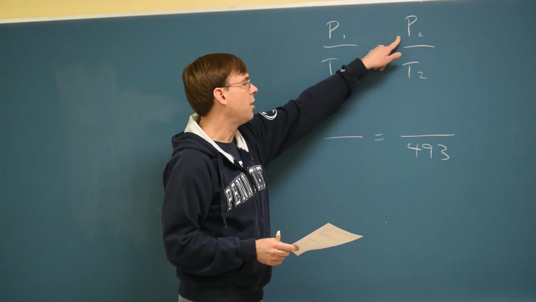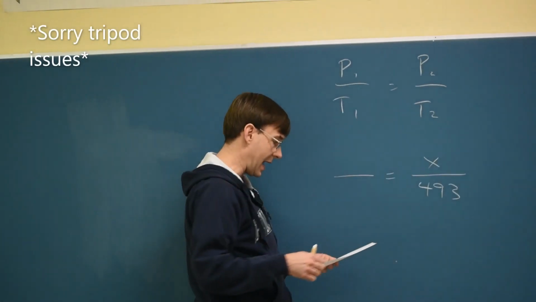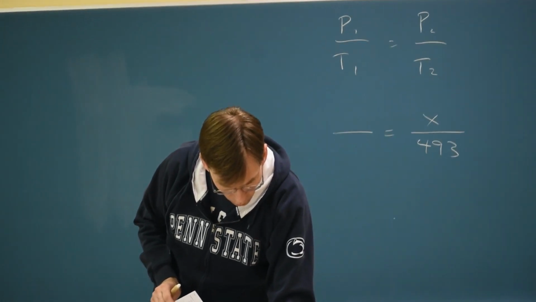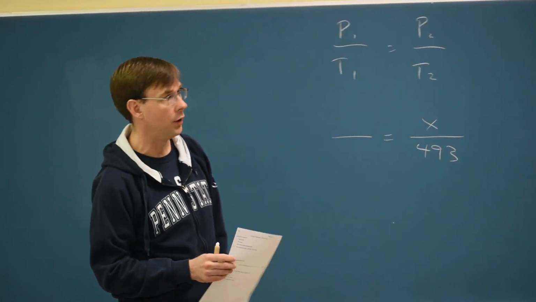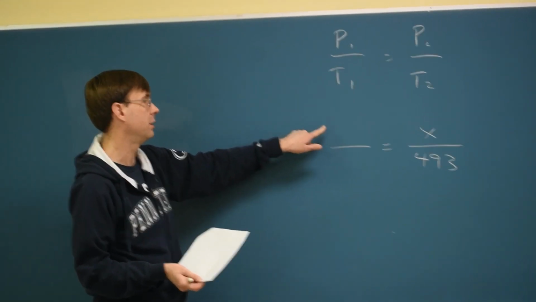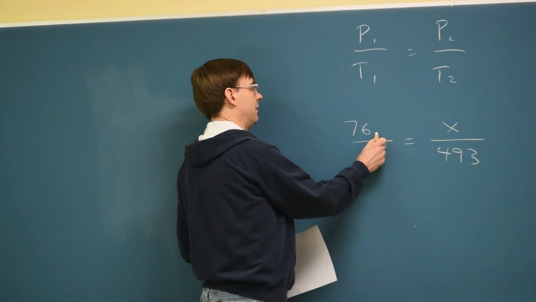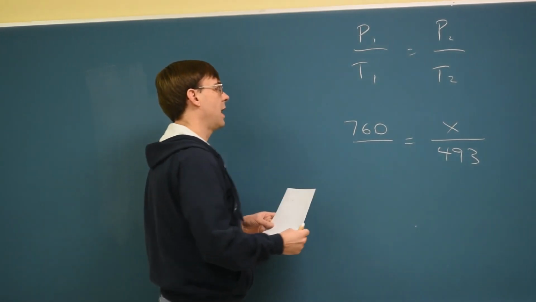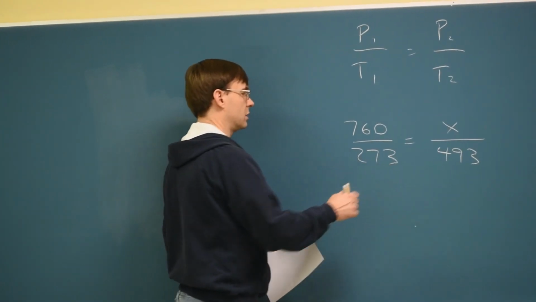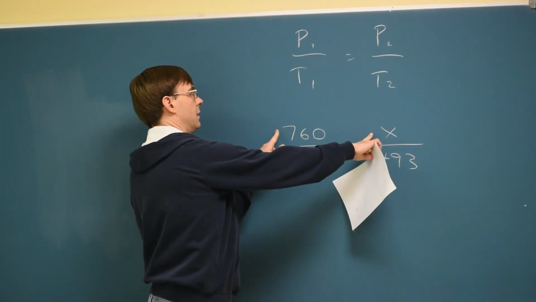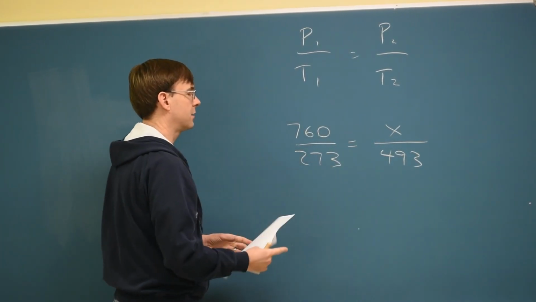They're asking you to figure out a pressure, so we don't know what that is, so that needs to be some sort of a letter. But that pressure, they want us to be calculating it in torr. So this pressure needs to be in torr. So we need to grab from our quiz knowledge the torr number for pressures, which is 760. And then the temperature number for standard temperature is always going to be 273 Kelvin. It's just the way that's going to go. So these are both Kelvin, so that's good. These are both in terms of torr, so that's good.